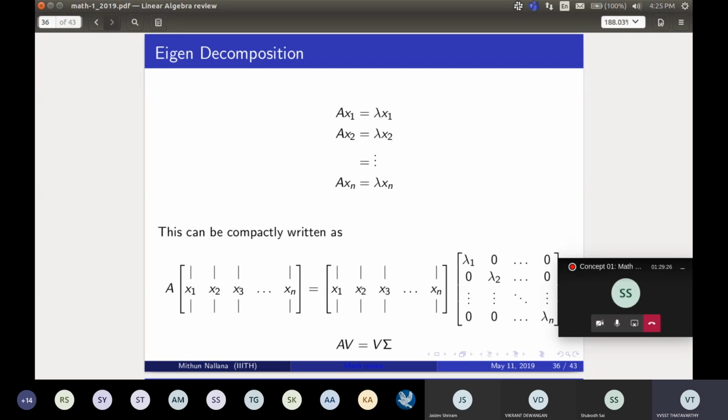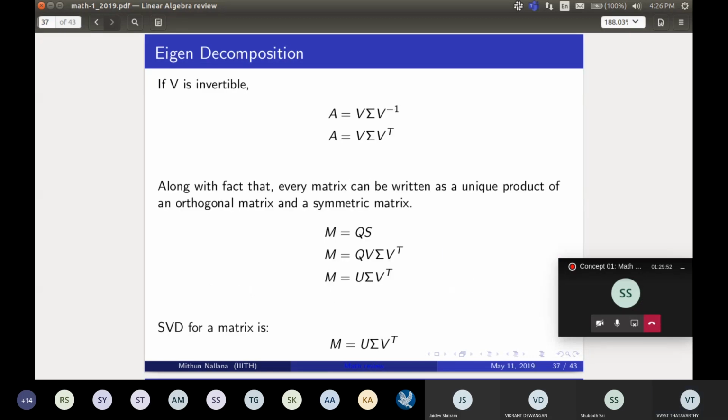Now we want to see how a given matrix can be decomposed into its eigenvectors and eigenvalues. Here x is a vector, so Ax and each individual element can be written in this form. If you stack all the eigenvectors horizontally, you can say AV equals V sigma, where sigma represents a diagonal matrix. Now, if the eigenvector matrix V is invertible, then we can represent A as V sigma V transpose. This kind of factorization gives you a particular advantage for different applications.